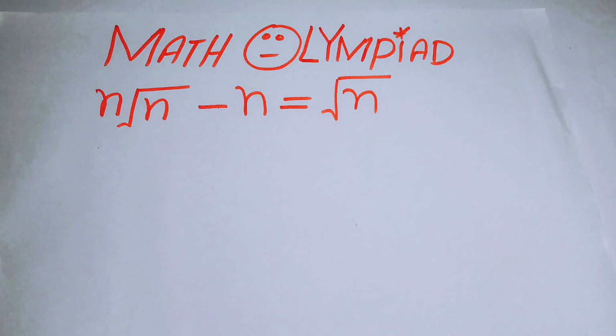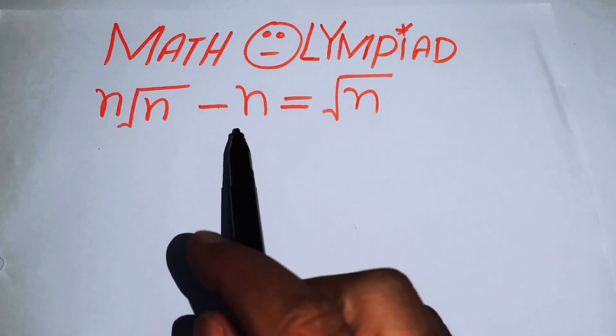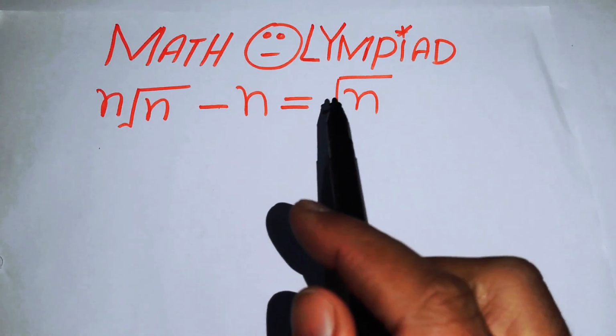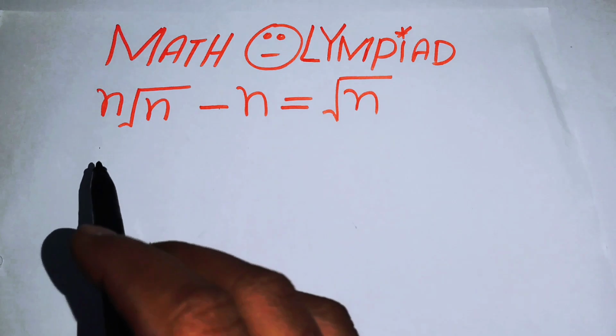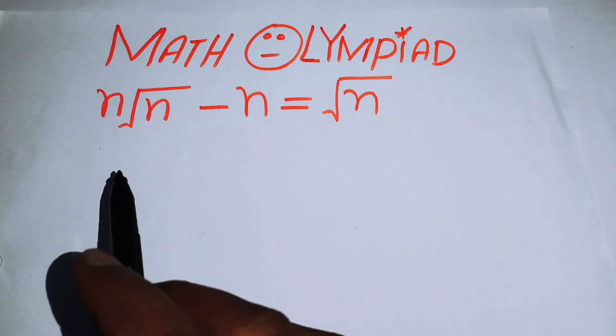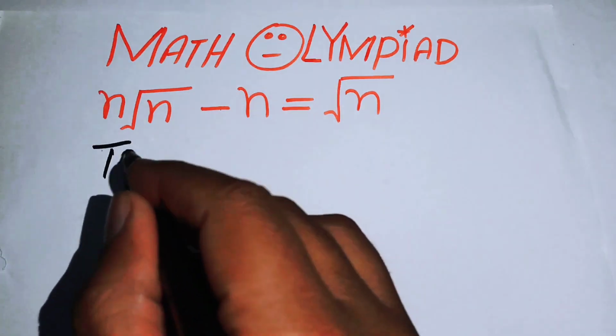In this video we are going to solve this nice math Olympiad algebraic problem, and here we have n times square root of n minus n equals square root of n, and we will solve this problem for the values of n. So the very first thing we are going to do is convert this radical equation into polynomial form. So that here we take